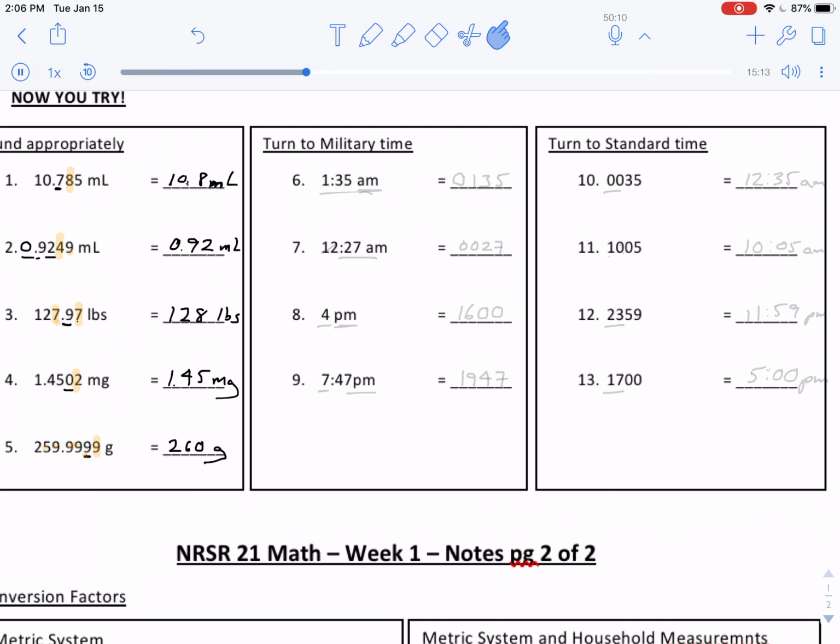All right. So now military time. Okay, so military time. So turn this 1:35 a.m. into military time. It is a.m., early in the morning, so we don't add anything. We just put a 0 in front because we need 4 numbers, 1, 3, 5. So that would be the time in military time, right? Same thing with